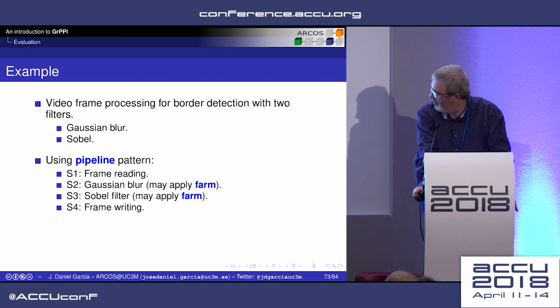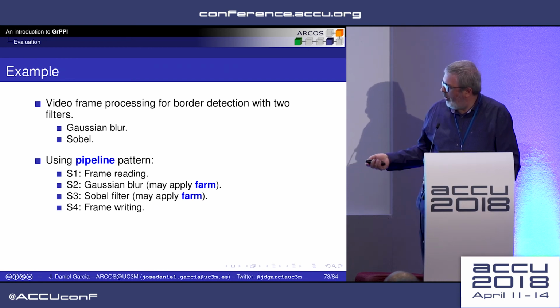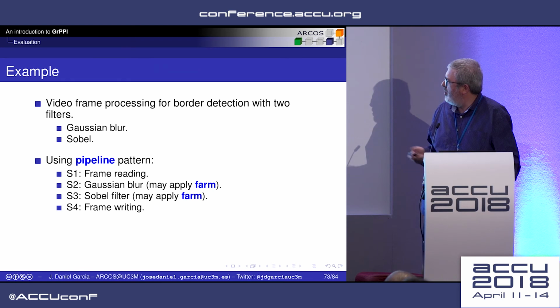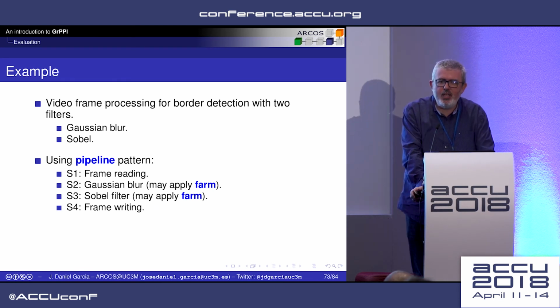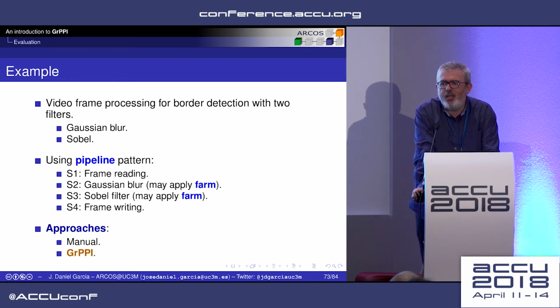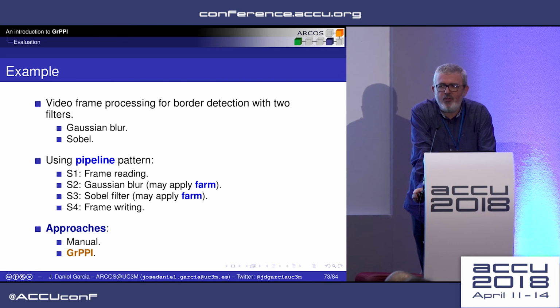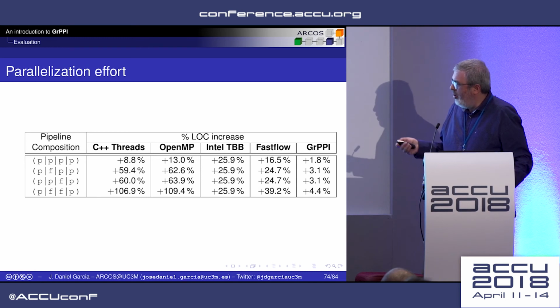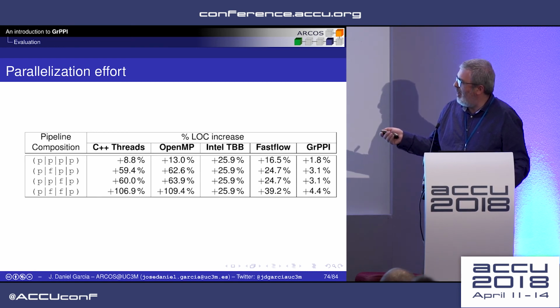So we used the manual approach and then GrPPI. This is a very rough estimate of the number of lines of code that were added over the initial sequential application. You may see with C++ threads,